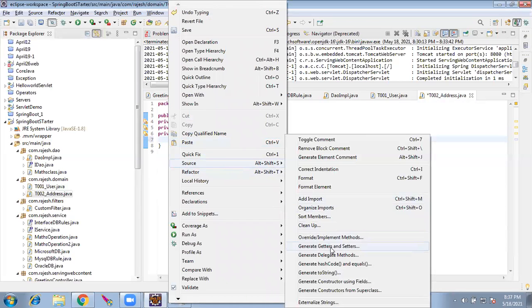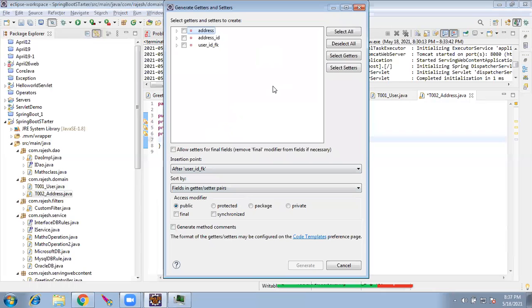Source, generate getters and setters. Select all, generate.